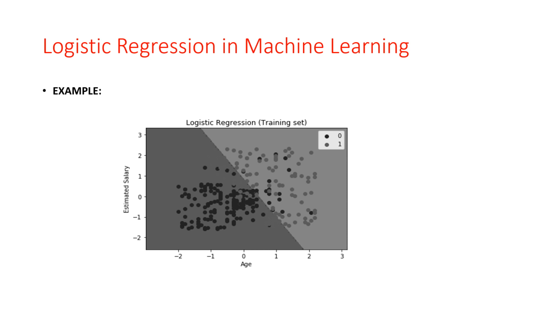So depending on these ages and salaries we can predict the purchased variable, that is, purchased car or not purchased car. But here in this graph some dark points are also present. This is the not purchased car region, this is the purchased car region. In this purchased car region there are some dark points also present, see here, in this bright region.